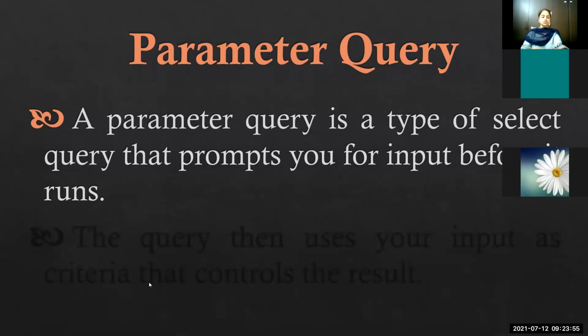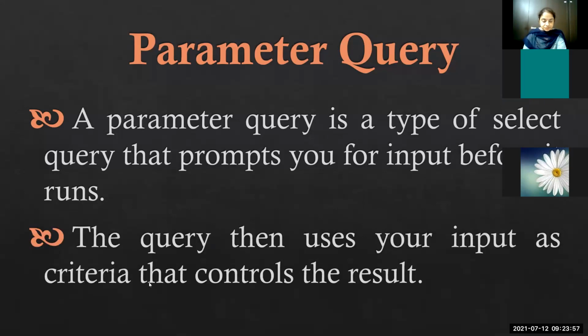For example, I want to see the record of a particular student based on admission number. I can create a parameter query, right? In the parameter query, I specify the condition. The condition should be based on admission number. Every time I run the query, it will ask me to enter an admission number. If I enter 8967, it will display me the record of that student. Again, I run the query, it will ask me the admission number. I will enter some other admission number, suppose 5634. So it will display me the record of that particular student.